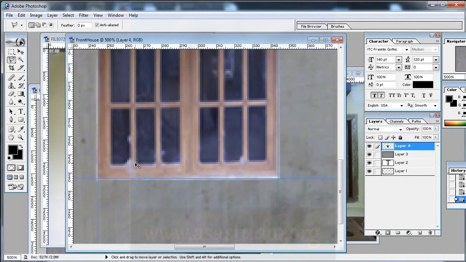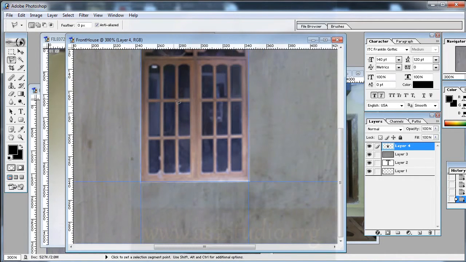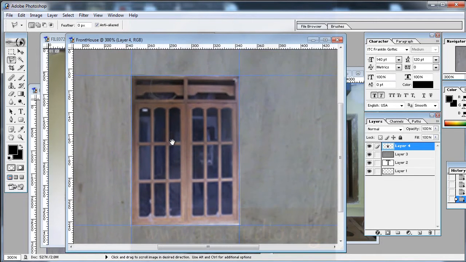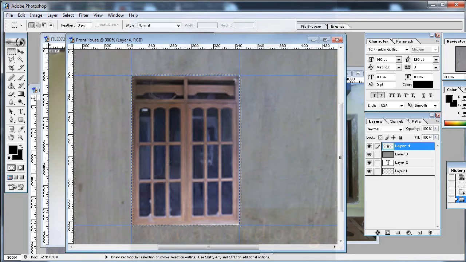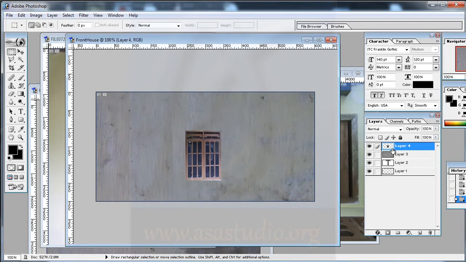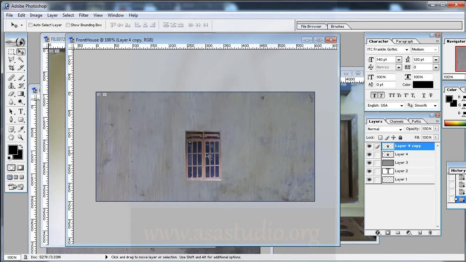Okay, and now I create a selection, click and drag, right click, select inverse, delete. Okay, now I have like this, and I delete my guide. Okay, maybe I add 2 or 3 windows, maybe like this, and I just go to move tool,